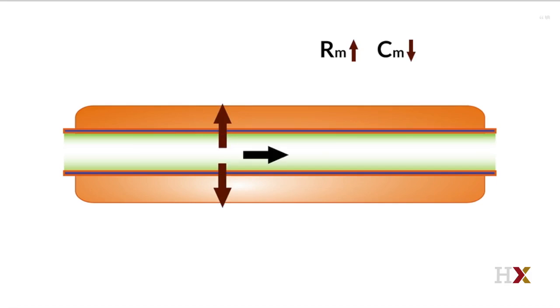This results in a longer length constant because more current is able to flow down the axon, with less of it being diverted along unproductive paths through the membrane. Since more current flows down the axon, the membrane potential changes more over longer distances. At the same time, decreasing the capacitance reduces the time constant of the membrane, speeding up changes in membrane potential. This allows changes in membrane potential to be transmitted more rapidly down the axon,